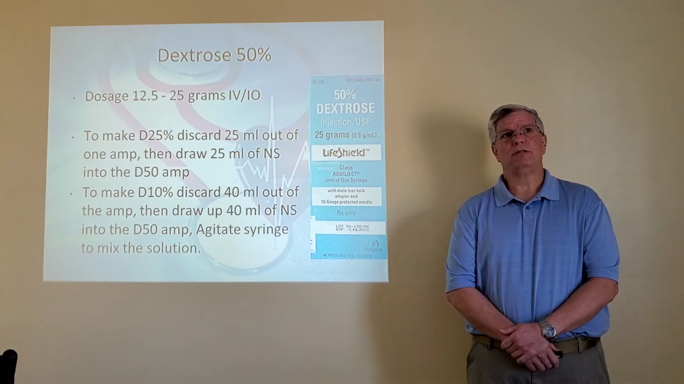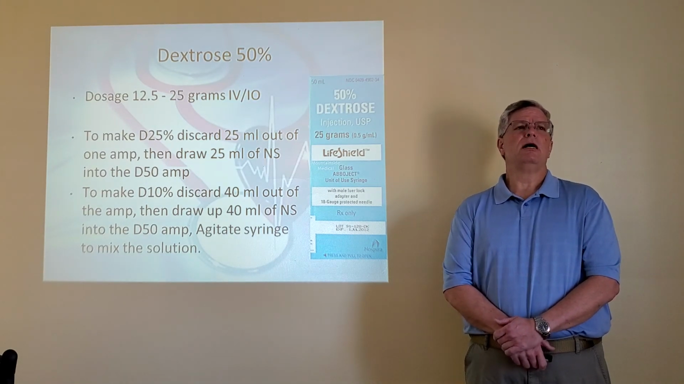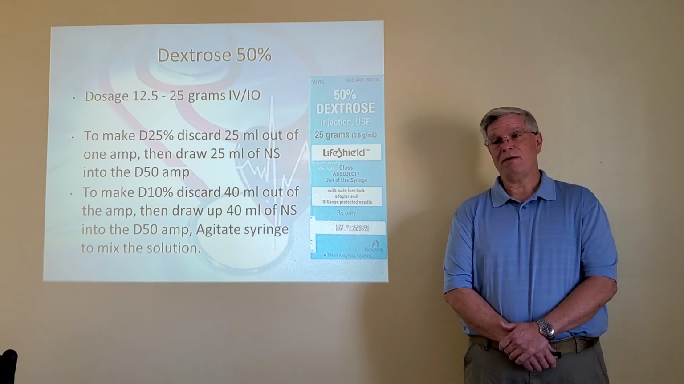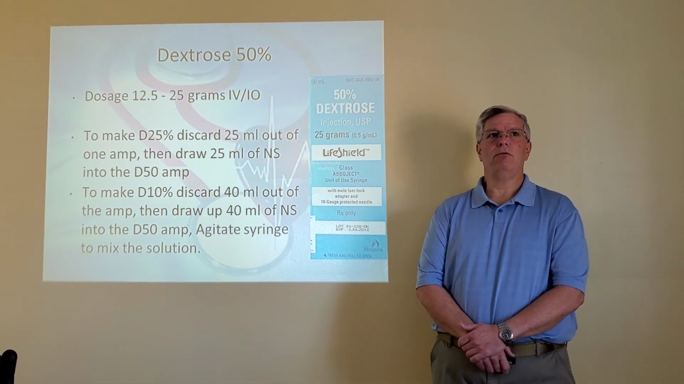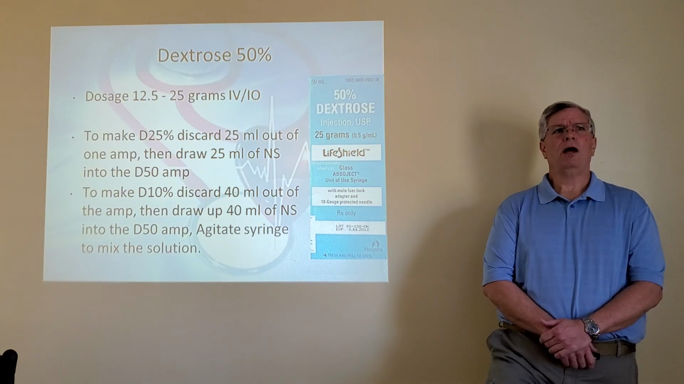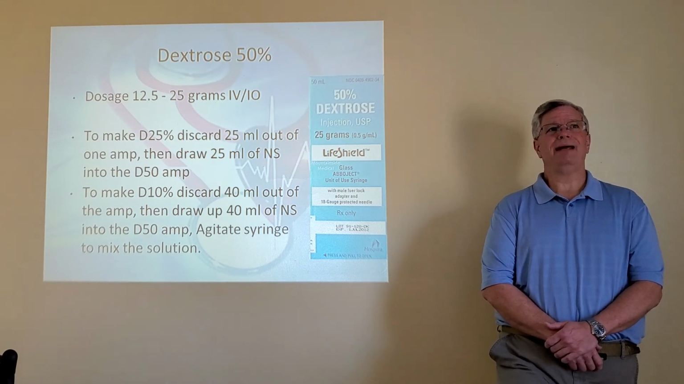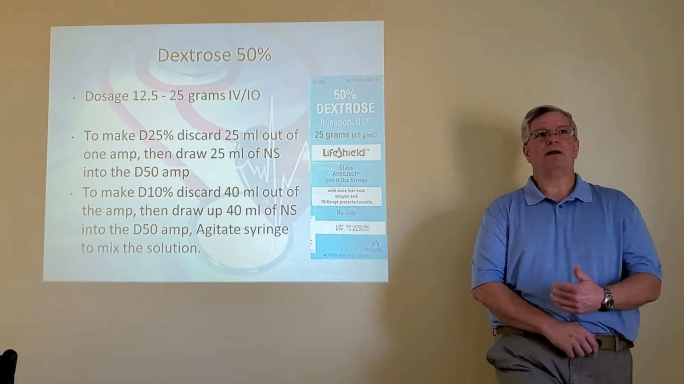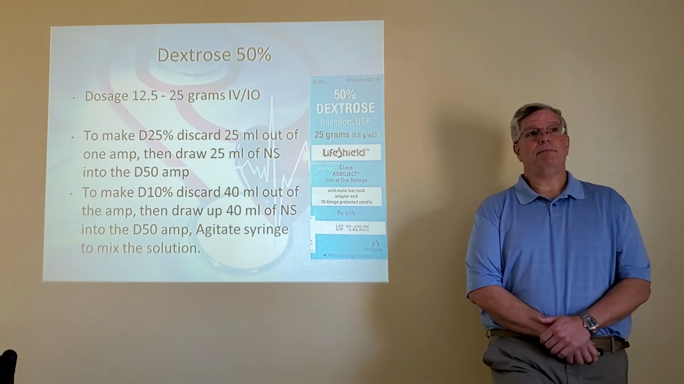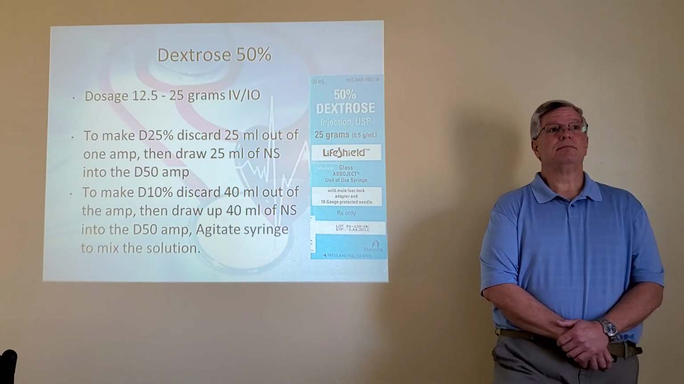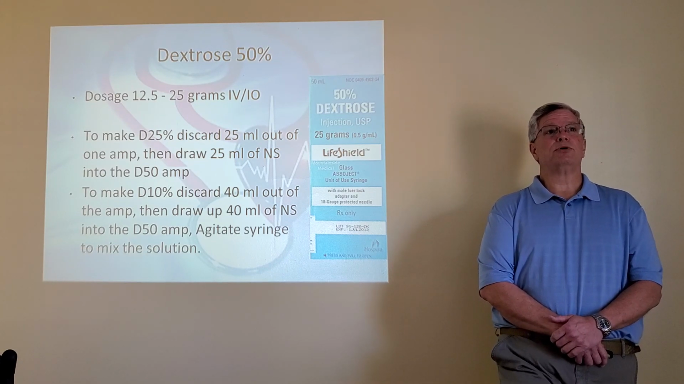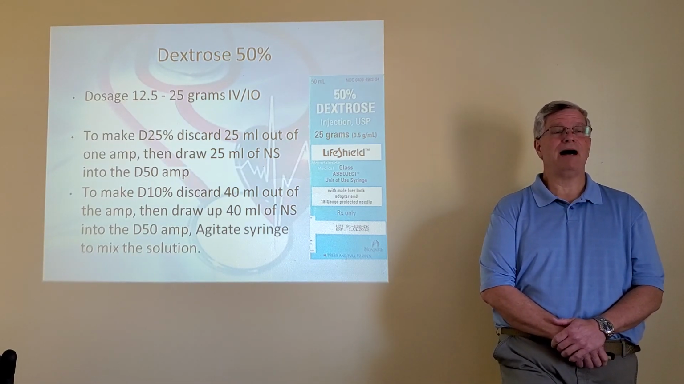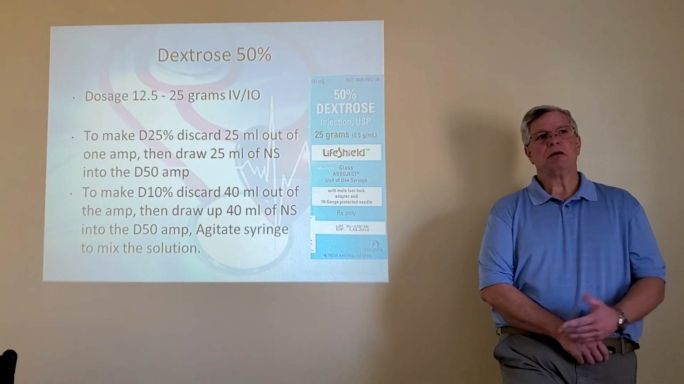D50, which is the most common that's used. I do believe we're going to be getting this back. The dosage is 12.5 to 25 grams IV/IO. You can also take this to make D25 or D10. If you want D25, you pull out 25 milliliters of D50 and you pull that out and then mix in normal saline into the D50 vial and it gives you D25. So it's pushing half